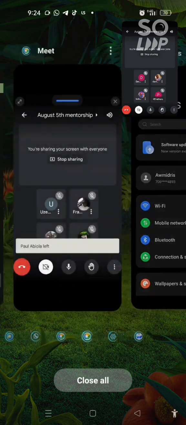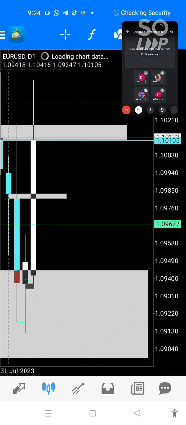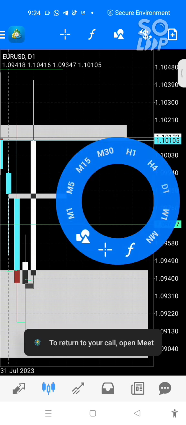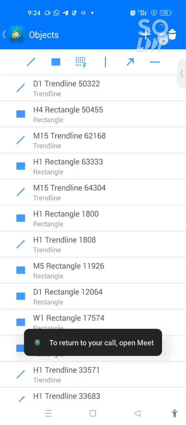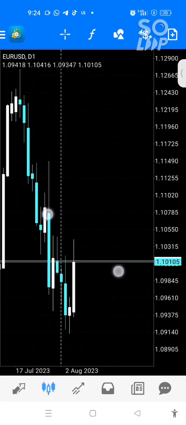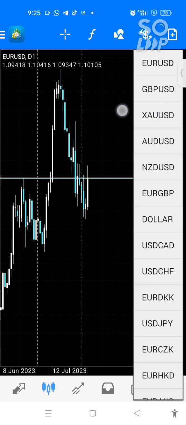Now let's go into our chart. Enough of the talk. Let's go into our chart and try to implement all these things. Now let me quickly remove everything and let's make our chart lively. So before then, let me quickly answer some questions that those guys asked me in the class.